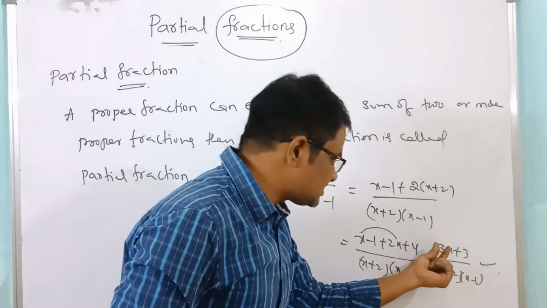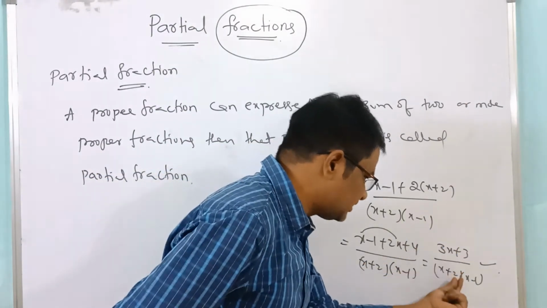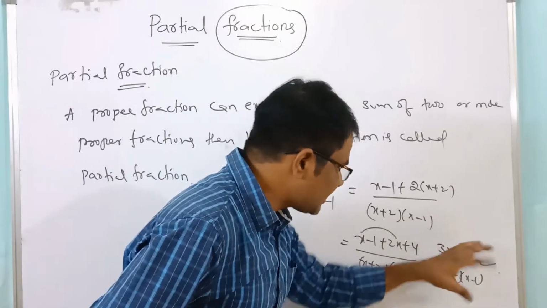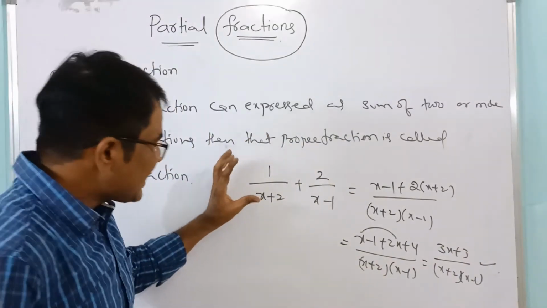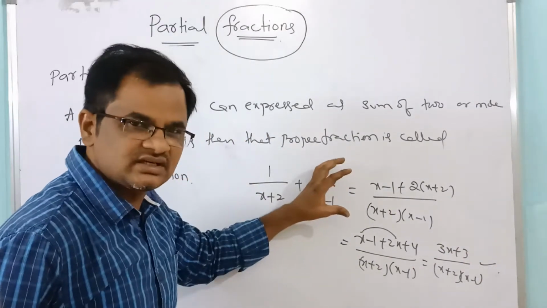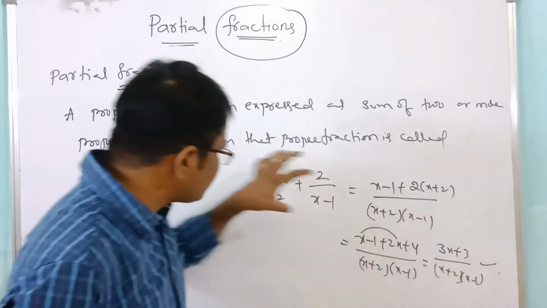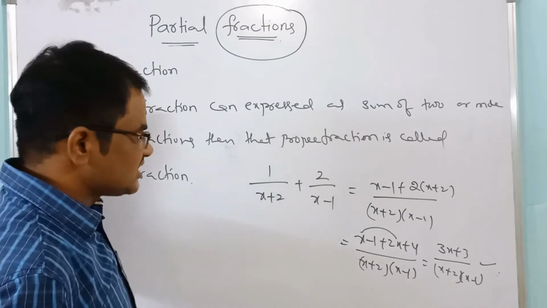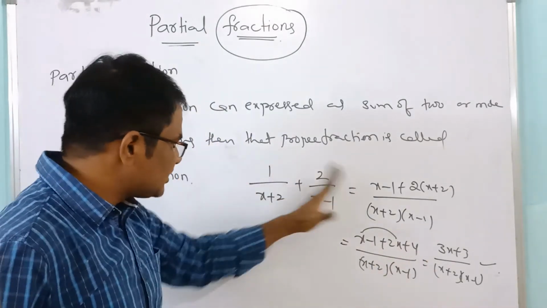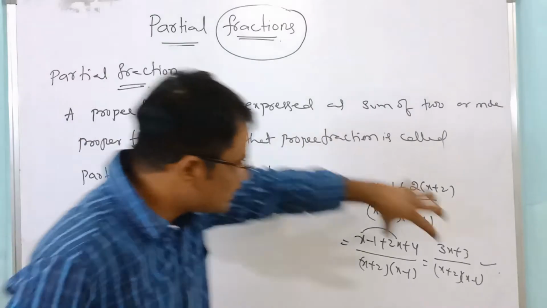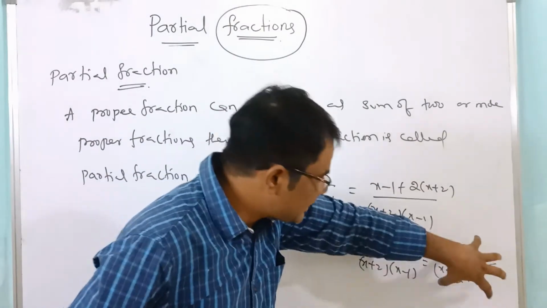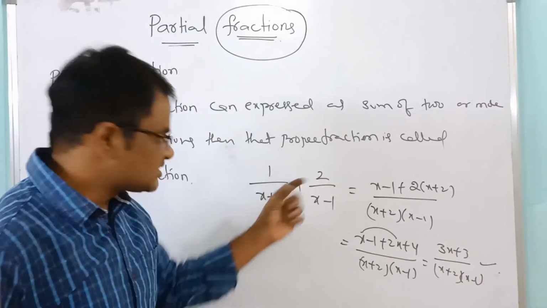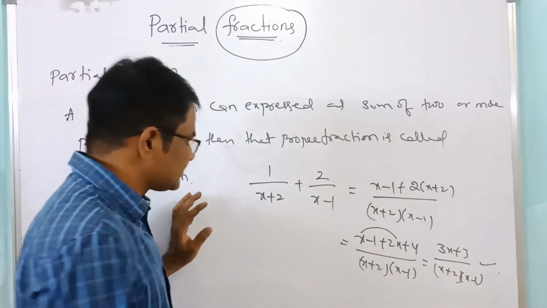So this is also proper fraction. Degree of numerator is 1, degree of denominator is 2, x into x, x square. This proper fraction again we have to resolve as sum of the 2 proper fractions. Right? This one we have to write as sum of the 2 proper fractions, then that is called what? Partial fraction. Nothing but reverse. So in earlier classes, sum of these two written as one proper fraction. Now we have to take this proper fraction. This one we have to write as sum of the 2 proper fractions. Here linear should be there like that.